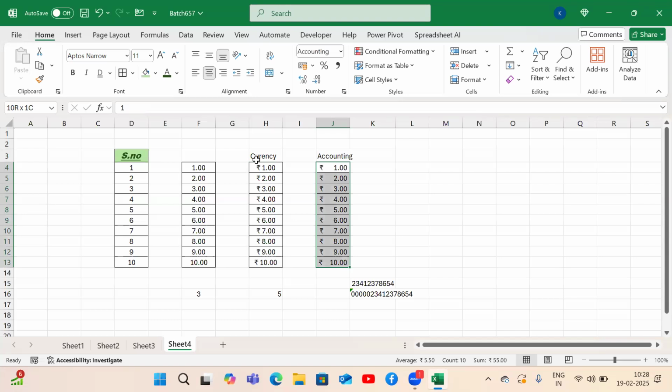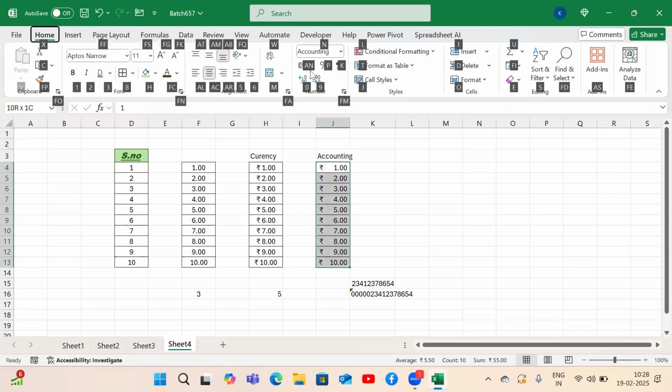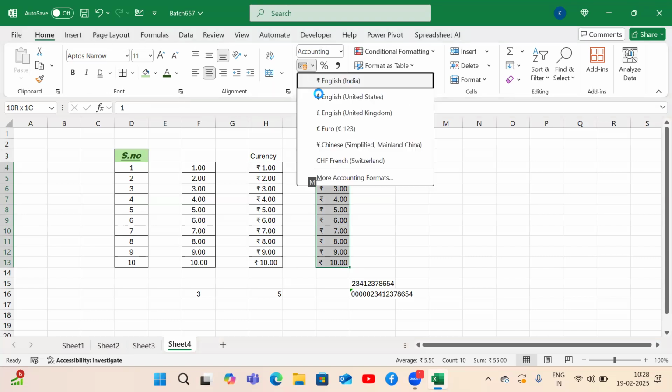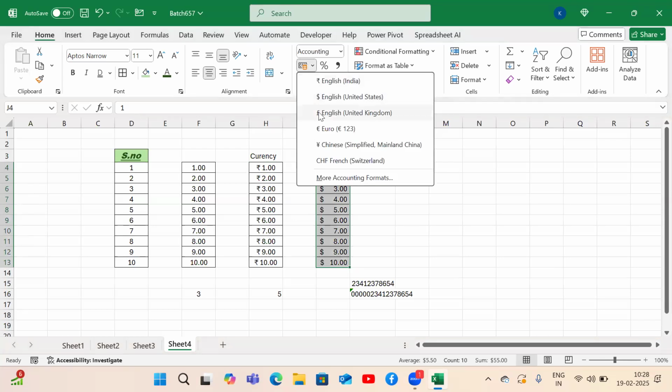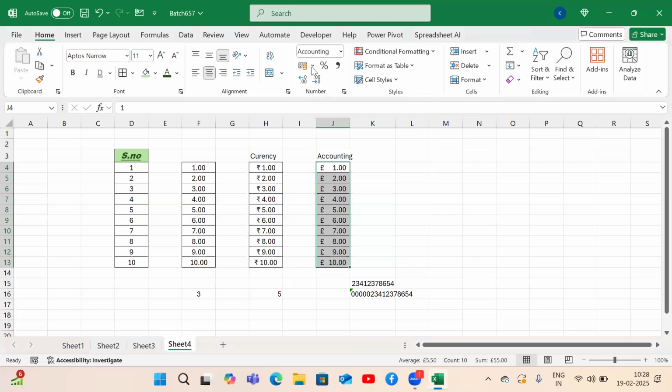And you have accounting styles. If you go for any country, you can go with this AN. What is this AN? Accounting number formats. You can get dollars. Okay. You can change only the currency symbol. It will not convert the dollars and pounds,